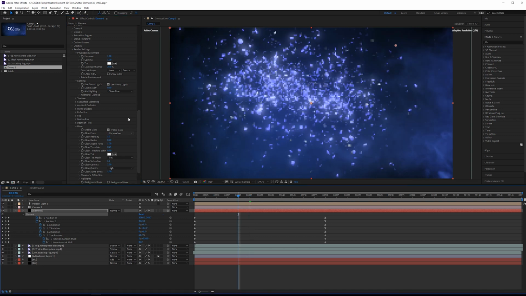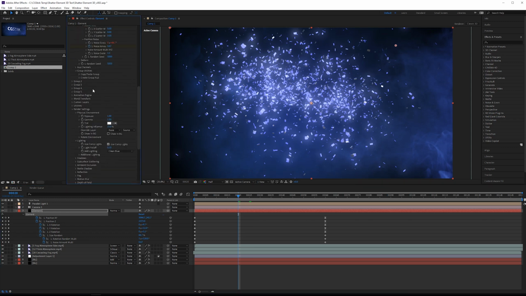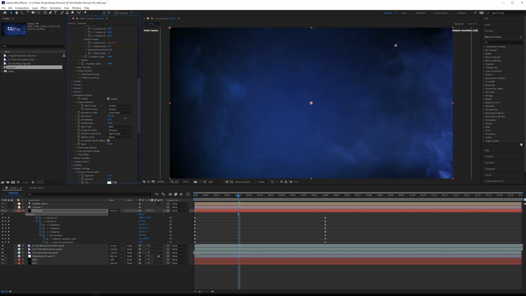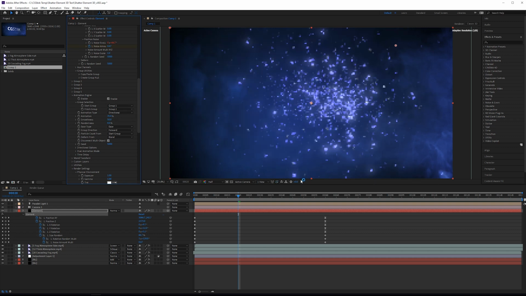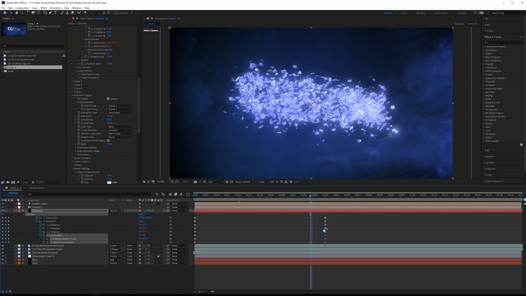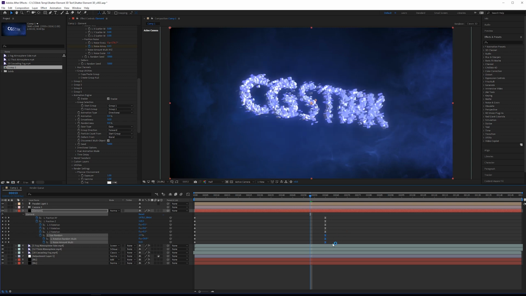All right, so now what we can do is use the animation engine. So the animation engine allows you to animate between 2 different groups. So for example, we have group 1, which is our text, and then group 2, which is empty. So if we animate between that, they kind of go away. It kind of animates into nothing. Go into the size, rotation and these random properties I added. Ease those in. You can see it a little bit better. Pull these forward so they end a little bit sooner.